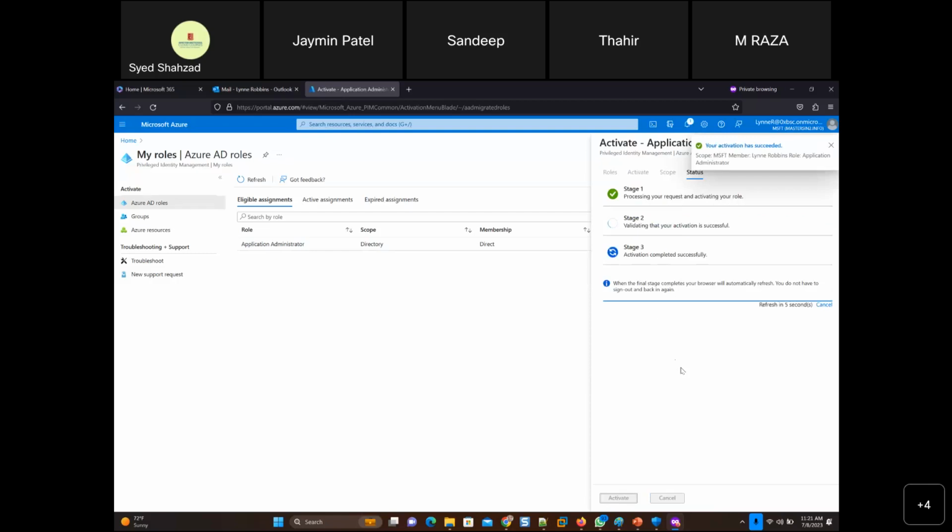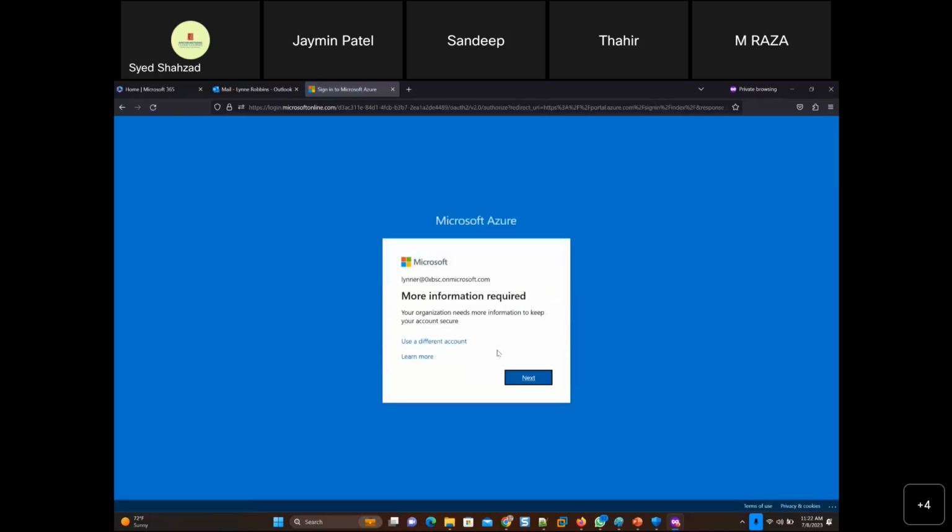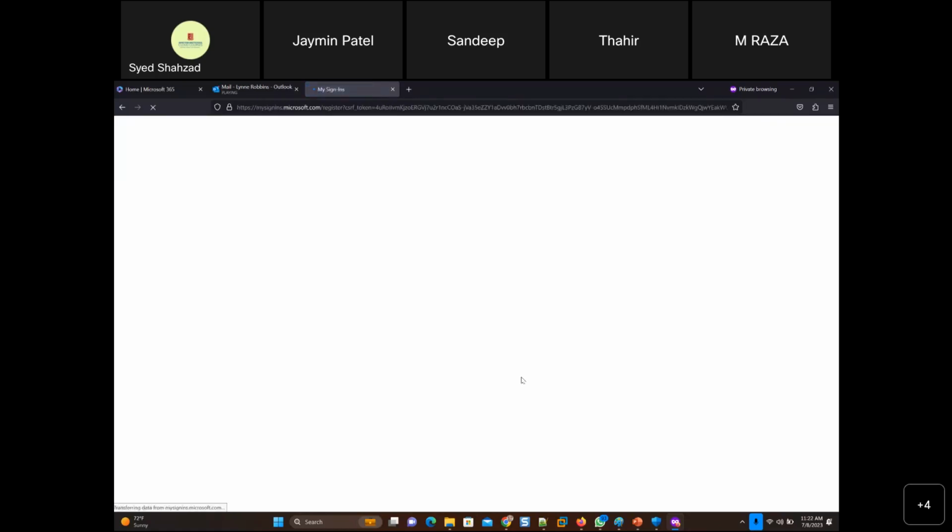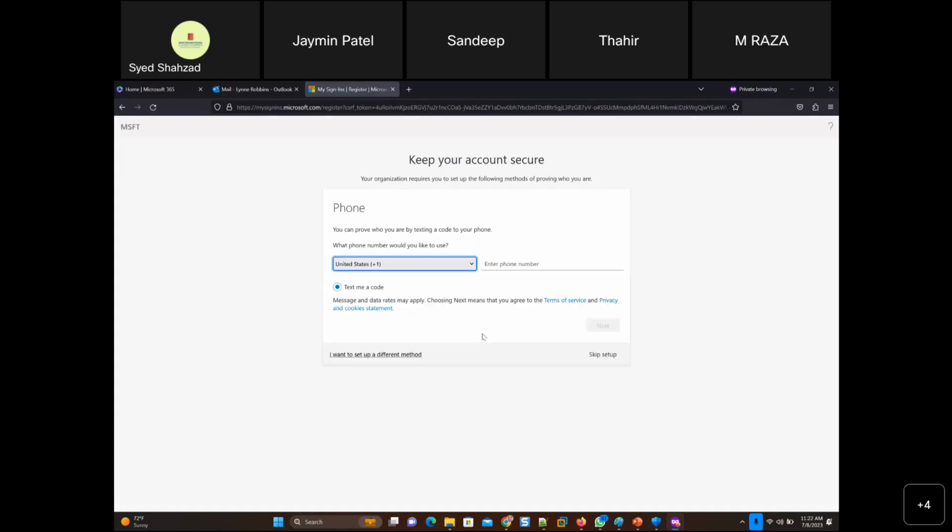So when 8 hours finish, you have to come back to the email, come back to this page, and then request 8 hours more, or 5 hours more, or 2 hours more. And this is all audited. This is all being saved: that this user requested this privilege for that long, and again requested this privilege, and then again requested that privilege. So see this? Now you got the privilege. This is a very good way to put some checks and balances on what privileges you are getting.